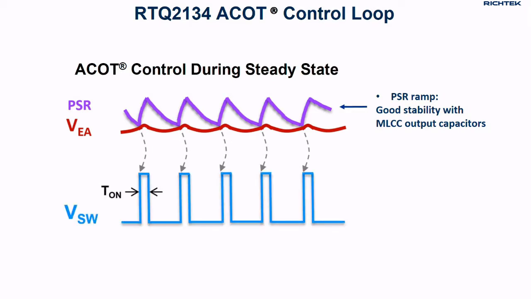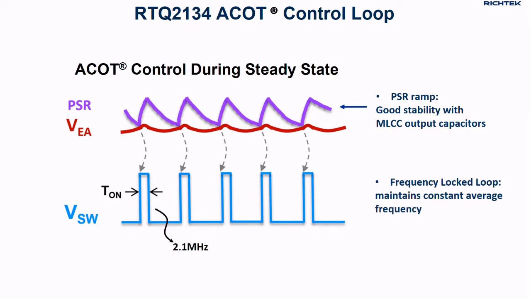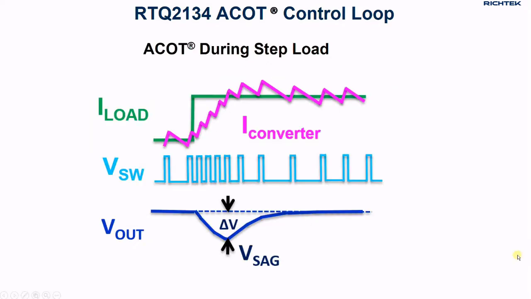The frequency locked loop slowly adjusts the on time to keep the switching frequency within the 2.1 MHz design tolerance range. During fast rising load steps, the on time stays fixed and the control loop quickly reduces the off time. The resulting burst of on-time pulses will quickly increase the inductor current to match the new load current value. This fast step response will minimize the output voltage sag and soar during fast changing loads, which is ideal for